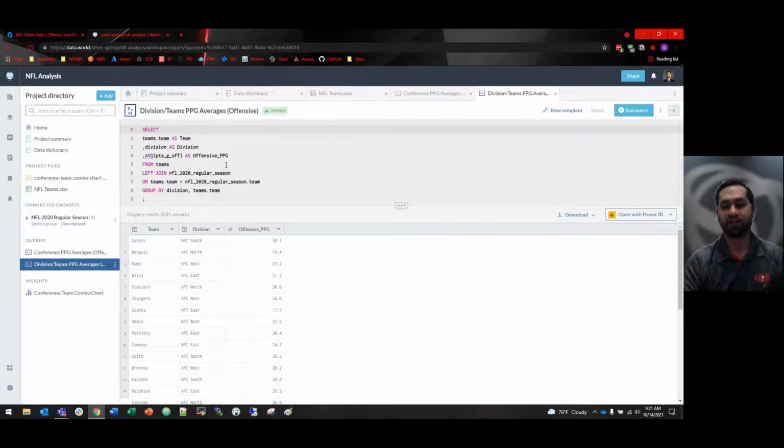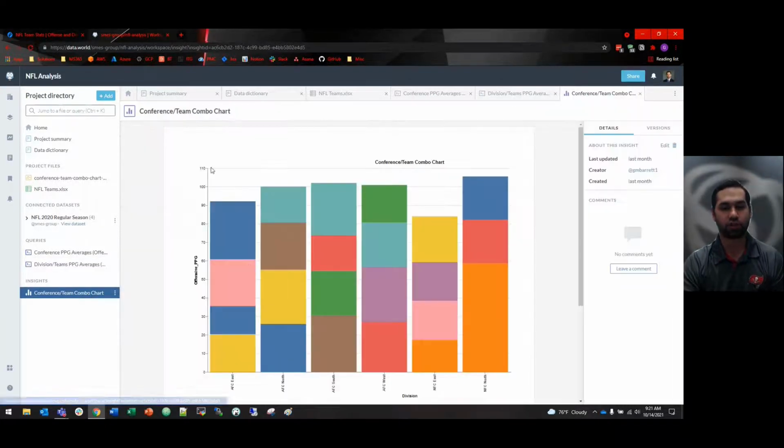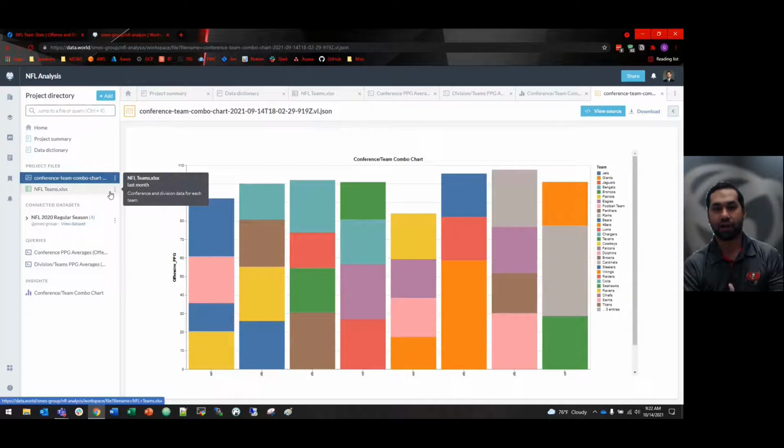Now, the cool thing about this is that I can open this in my favorite BI tool, such as Power BI, or open it in Excel. If you want to run data science, you can do it in Jupyter. But I actually opened it with a chart builder and built a nice little chart right here in Data.World that I could easily add to my project. You can see that as a project file right here. So now my team can get talking about it.